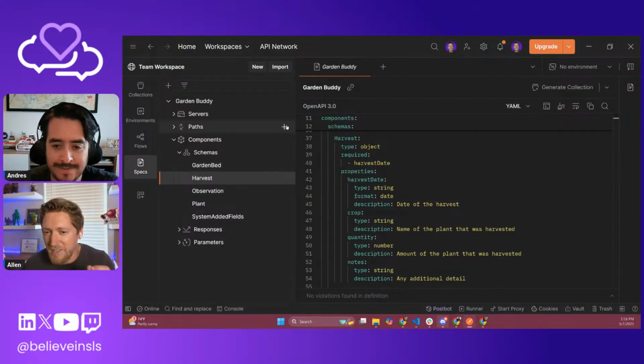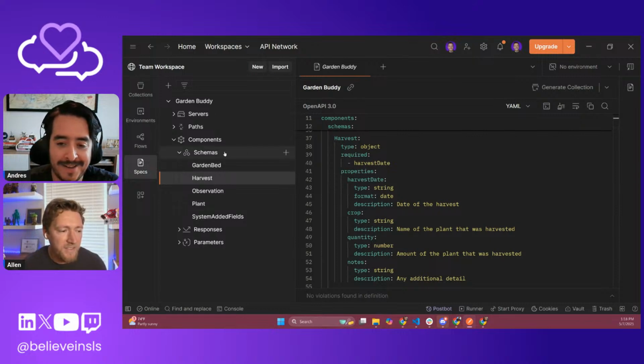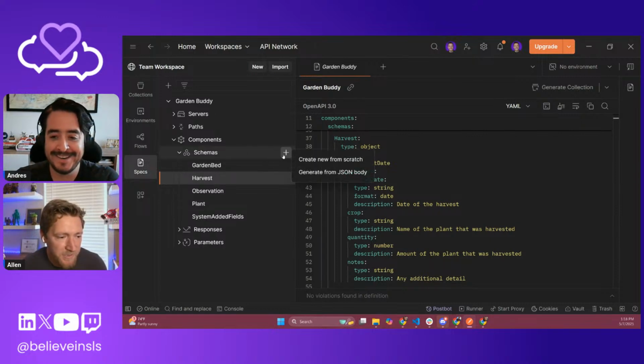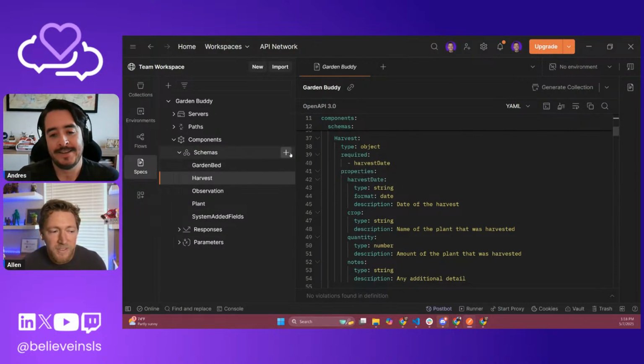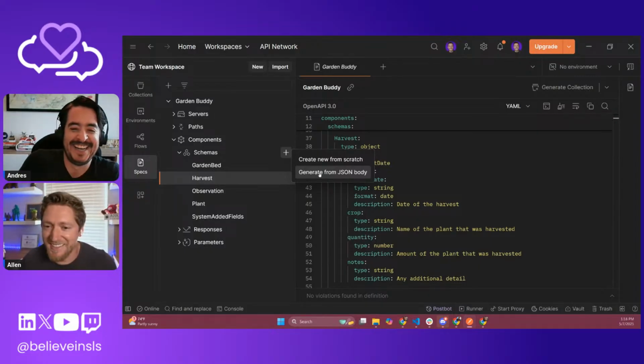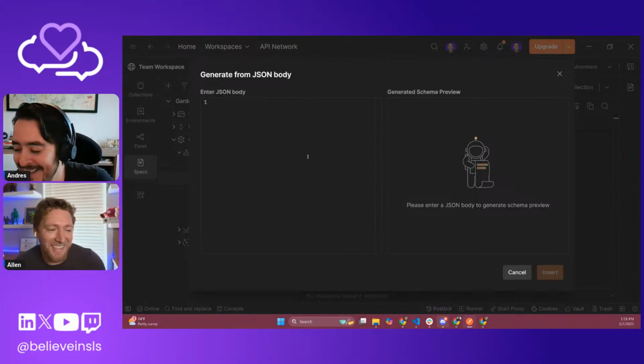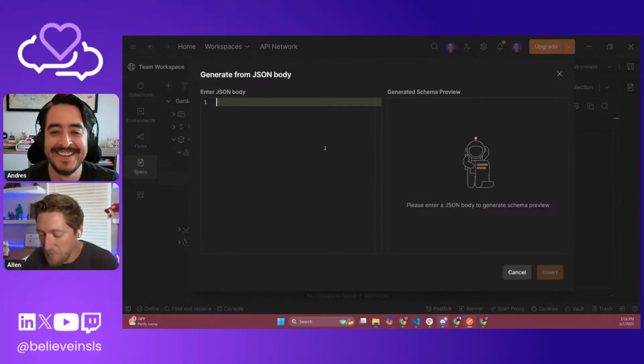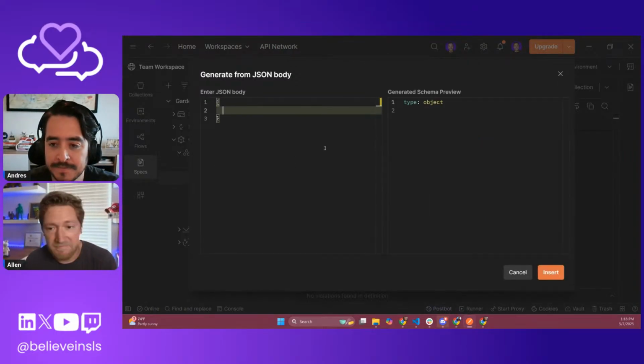But here's the cool thing. Here's the part that I actually like. I can add stuff from here. But what's even cooler than that is I don't like writing JSON schema. Do you like writing JSON schema? I mean, I was a JSON schema developer at some point. Just say no. Okay, cool. So instead, we can just provide JSON, which is way better.